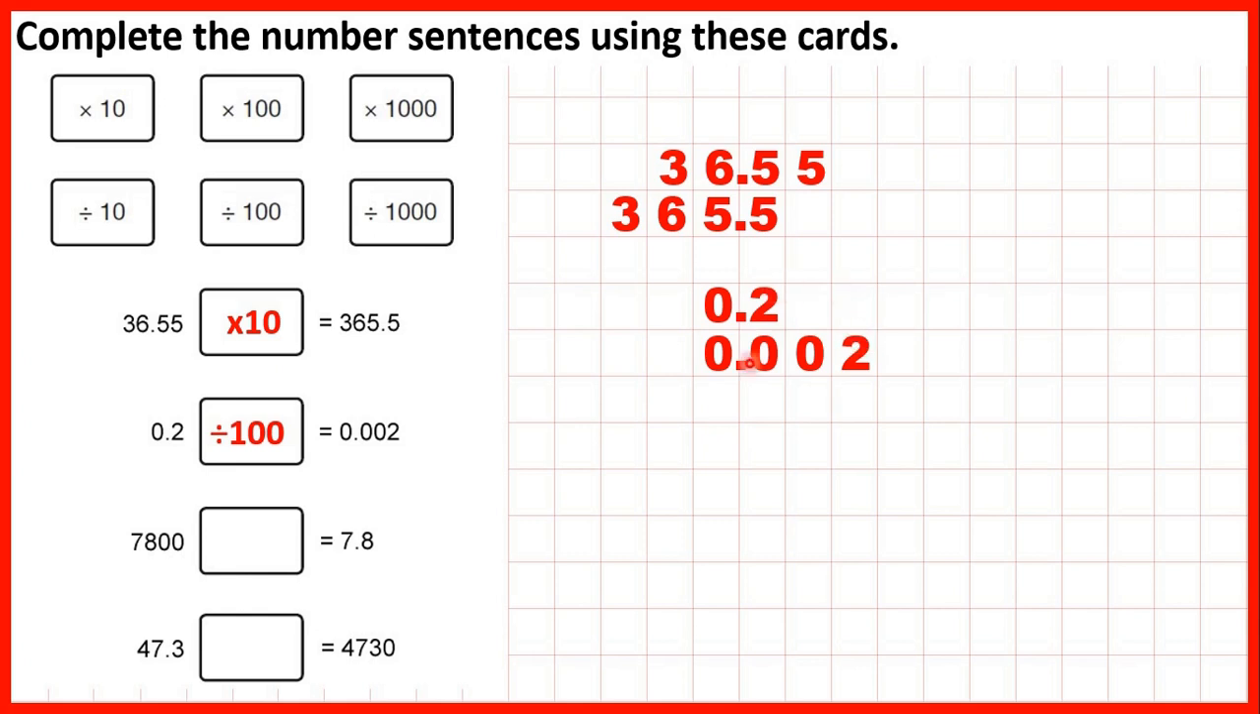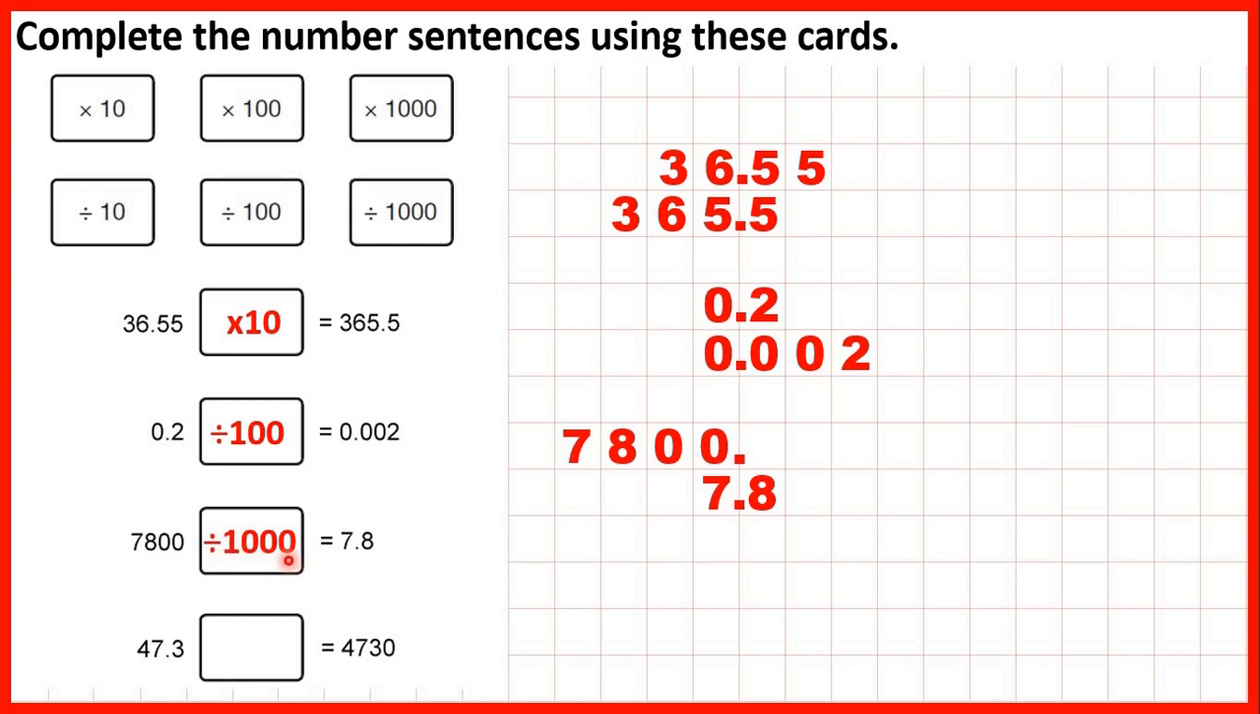2 squares. Now we have 7,800, so because that's a whole number, we can put the decimal point on the end, and we have 7.8. So here the digits have moved 1, 2, 3 squares to the right, so that's dividing by 1,000, because 1,000